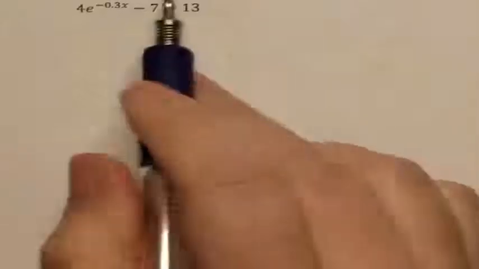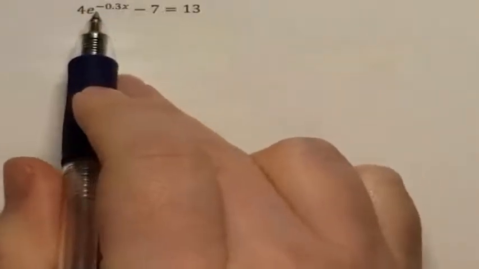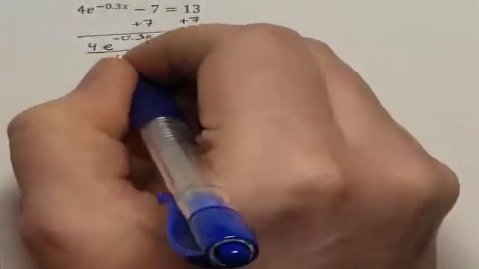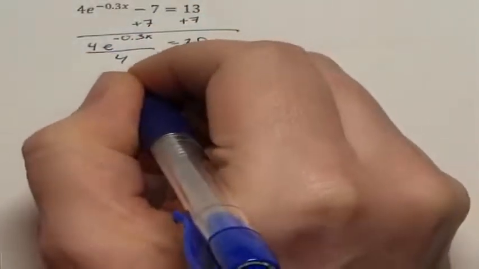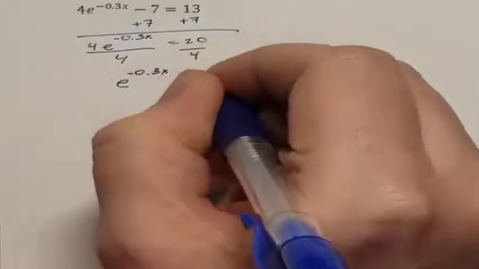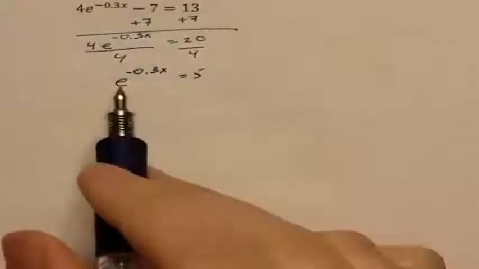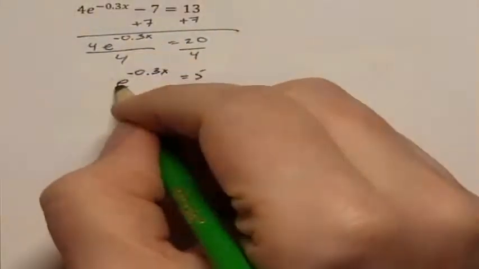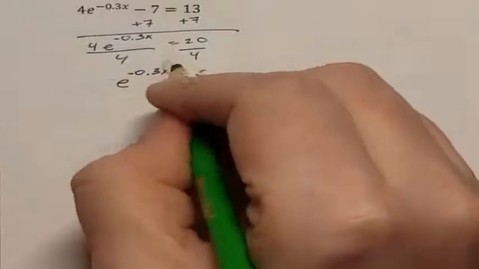Our last problem, I need to get the quantity with the exponent to be by itself. So first thing I'm going to do is add 7 to each side. So I have 4e to the negative 0.3x equaling 20. And I divide both sides by 4. I have e to the negative 0.3x equaling 5. So I need to get the exponent to be by itself. So we are going to rewrite this as log base e of 5